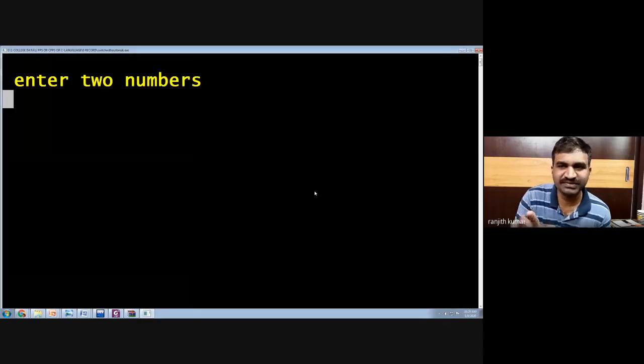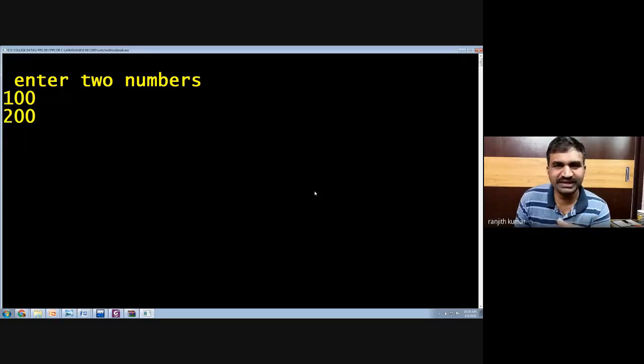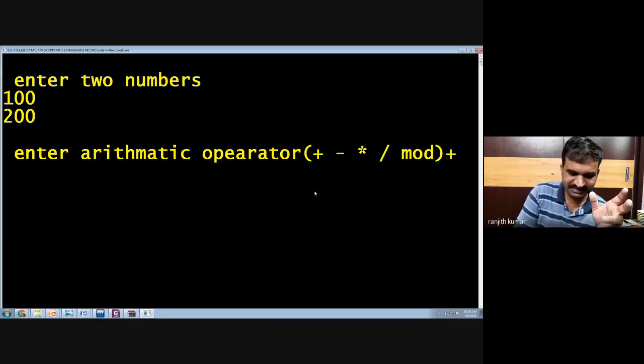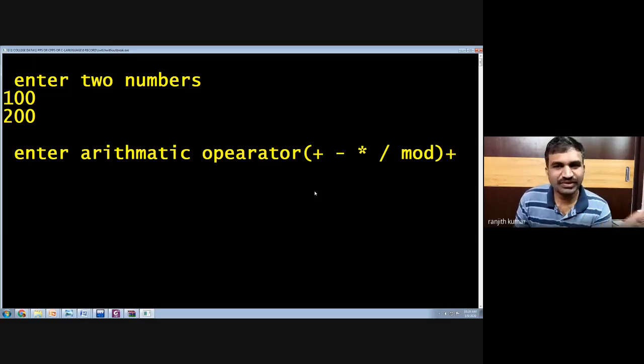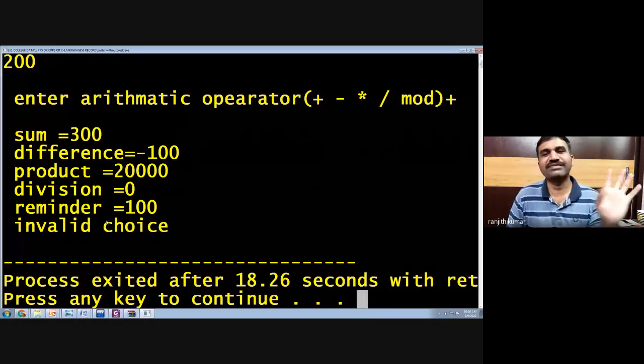Now if you observe in the previous example, once you entered plus, only addition was printed. But now if you enter plus, the plus case will execute, and not only plus, it will print the sum, difference, product, division, and remainder, and also the invalid choice.